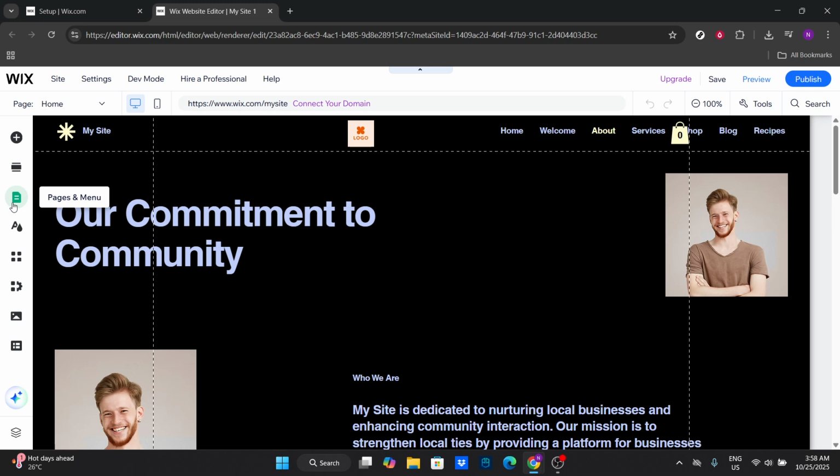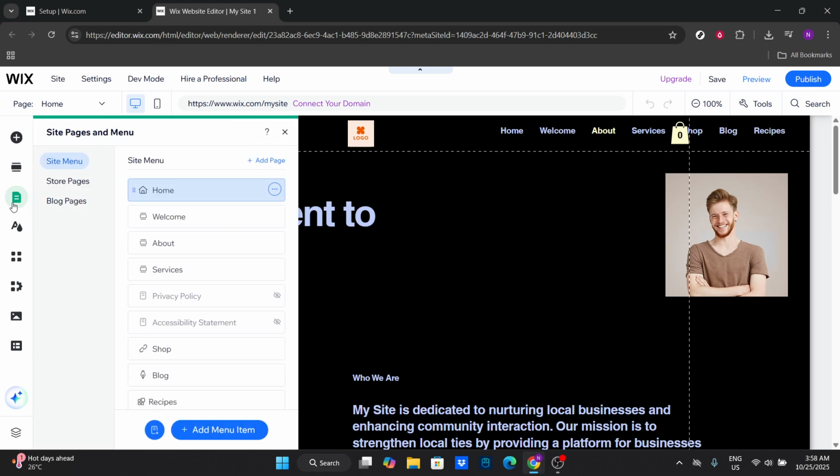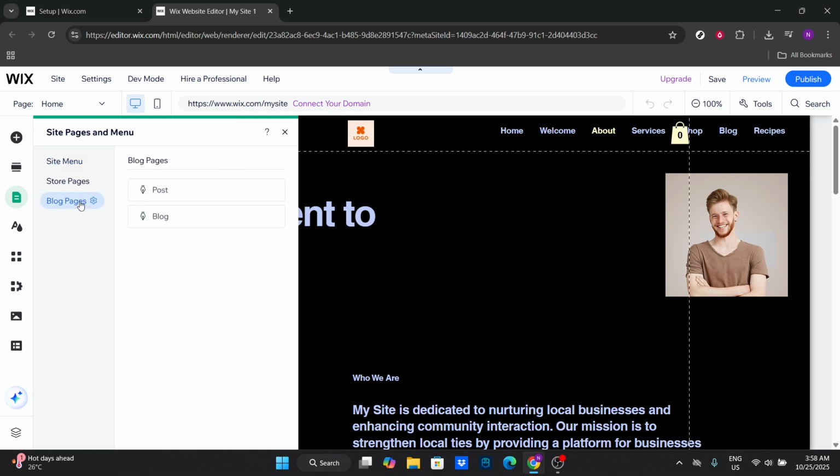Continue by selecting Blog Pages from the list. This will take you into your blog management area. It's where you control the layout and content of your individual blog posts and pages. After that, click on Post. Now, this could be a chance to browse through your list of posts and select one where you want to